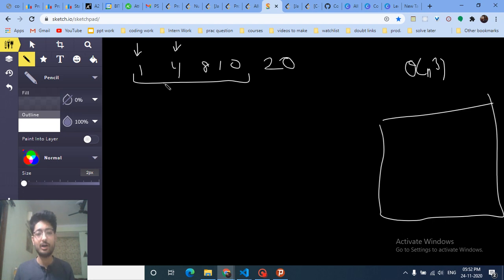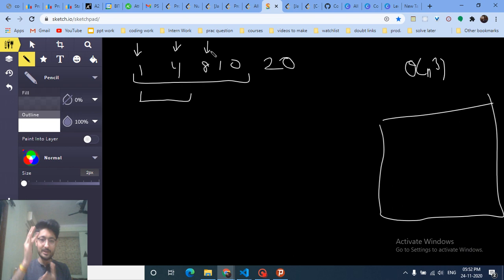If we already know these are the houses and we have to make k intervals such that for every interval we will put a post box at that position. So if I take an interval like this, my next interval will start at this point, and now I have k minus 1 intervals left, or k minus 1 post boxes to put.